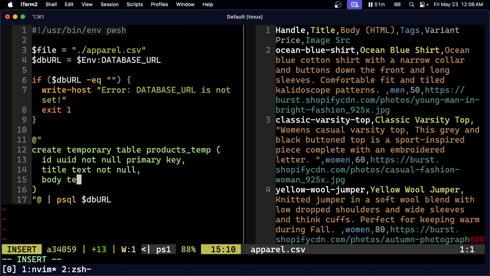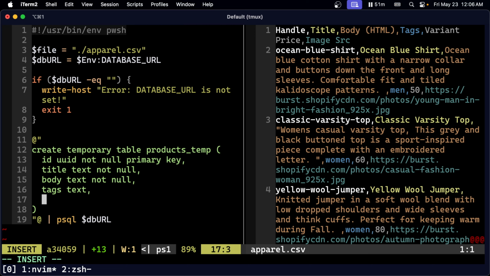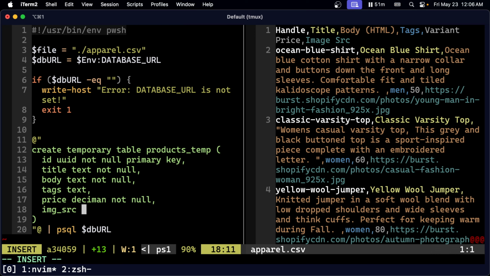And we have body text not null, tags text, price decimal not null, image source is going to be text. Okay, and then